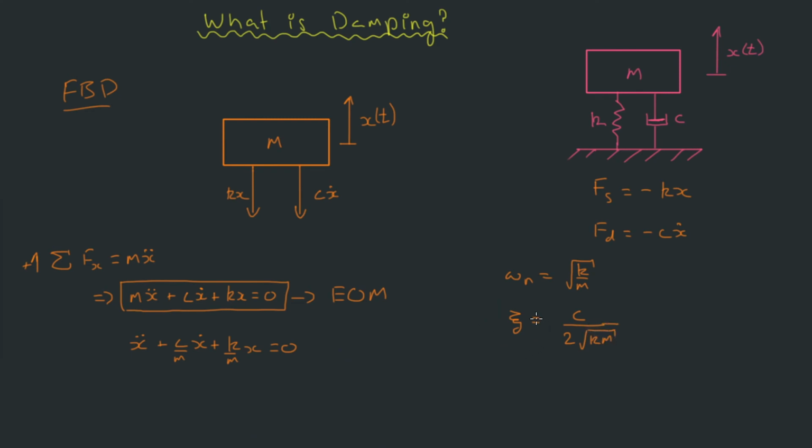Now we're going to go into more detail as to what the damping ratio is later, but all you need to know now is that it equals this. So what we want to do is substitute this in such that this equation is still true. It just so happens that 2 times the damping ratio times omega n is equal to c on m. Now if you don't believe me, just chuck these quantities into the equation and see if you get c on